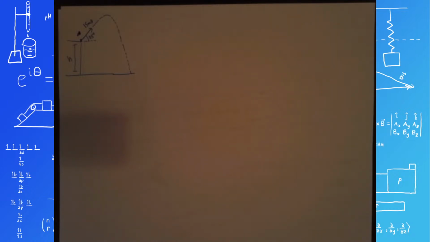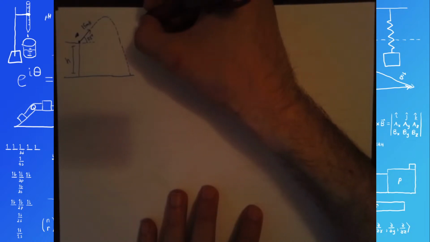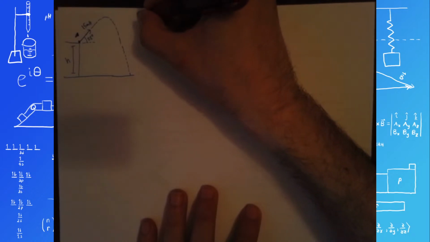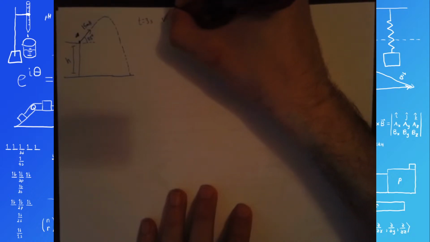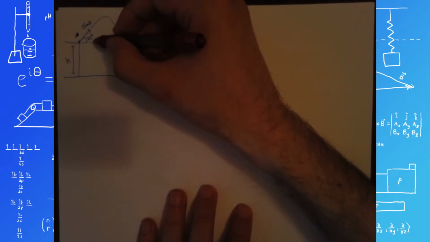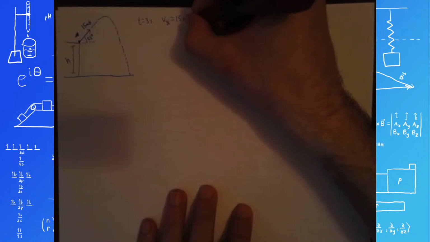But we can still figure this out. This is actually just a vertical problem if you think about it. The horizontal part of this doesn't really have any bearing on how long you're in the air. This is a vertically restricted problem, so we're just going to be working with the y component here. So we have t equals 3 seconds, and I don't even need to bother calculating Vx, we'll just do Vy initial equals 15 times, it's the vertical component, it's opposite to the 25 degrees, so sine of 25